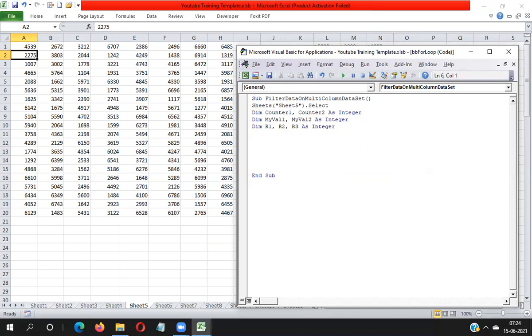Here writing For counter 1 equal to 1 to 20. Here I will pick the first value in my val1.